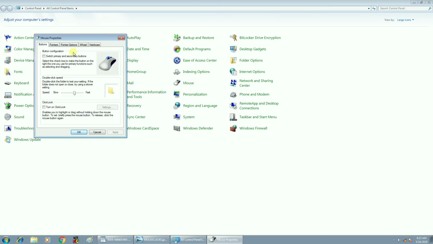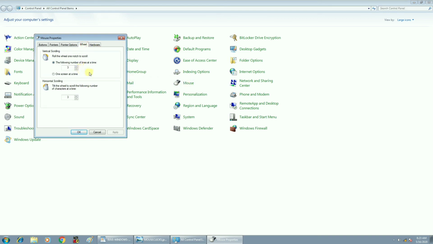Whenever you are scrolling the wheel, for example, if you want to scroll fast, by default it moves only 3 lines at a time. If you want to increase the number of lines at a time, you can change it. By default the operating system gives 3. This will be helpful if you want to refer to a document frequently. If the document has 1000 pages and you want to move quickly from one page to another, or from the first part to the second part in the same page, you can use that option.